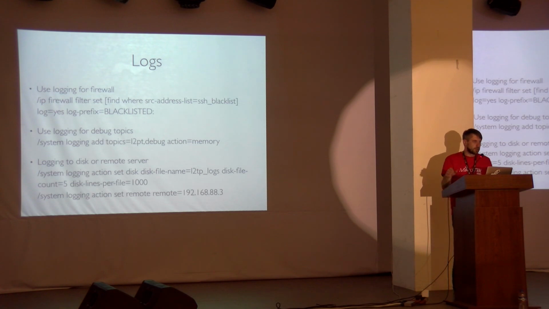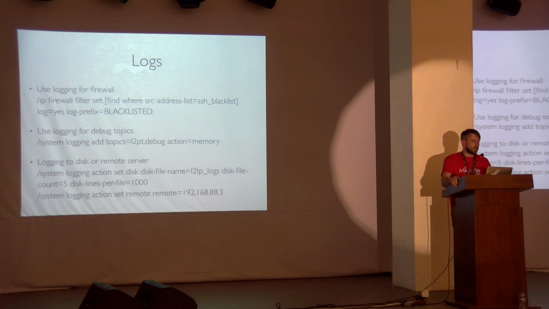And the first step where you should begin researching what is wrong with your device is logs. So logs are showing what is going on in your router. By default, there are like 4 types of the logs that are enabled, but you can get much more logging by enabling it in system logging.